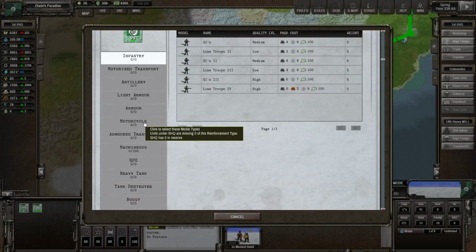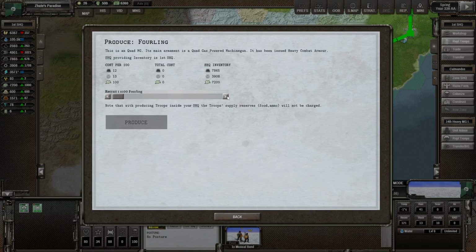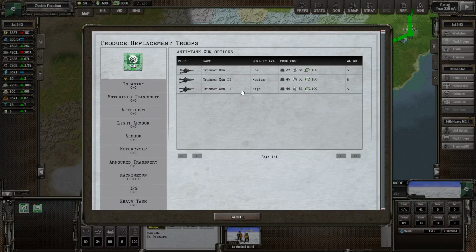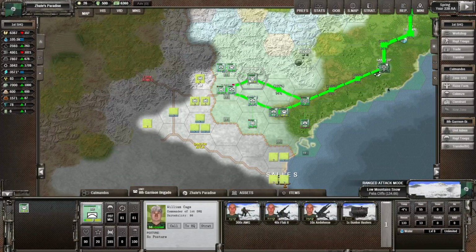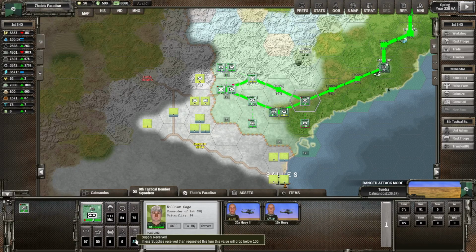How much do we need? Some machine gunners? We could try getting one of the Forlings, and an anti-tank gun. And that's about it. So we got the air guns in here, we got some more air guns in here. And we got the Hueys, which are still a bit low on fuel, so I don't think they'll be able